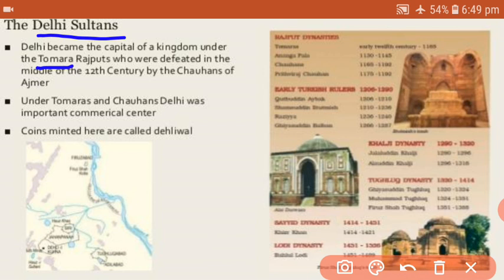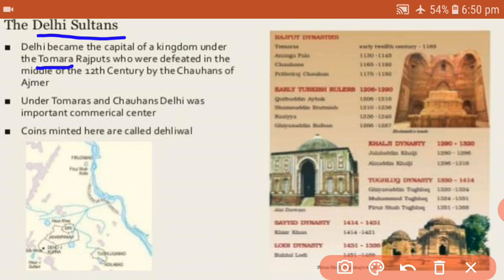I hope you would have read the chapter already. If you haven't read it yet, I request you to go through the chapter once and then come back to the video. This part 1 will introduce you to the entire chapter, and with upcoming parts, we will be completing the chapter. So, the Tomar Rajputs: Delhi became the capital of a kingdom